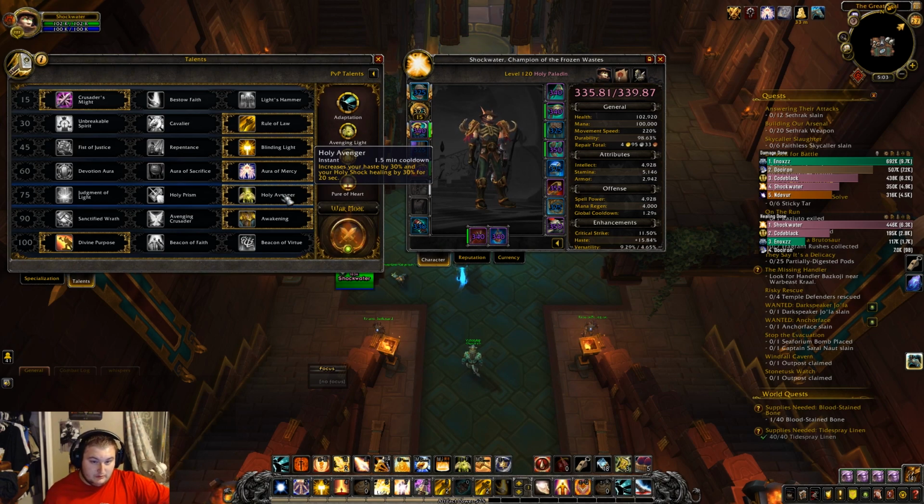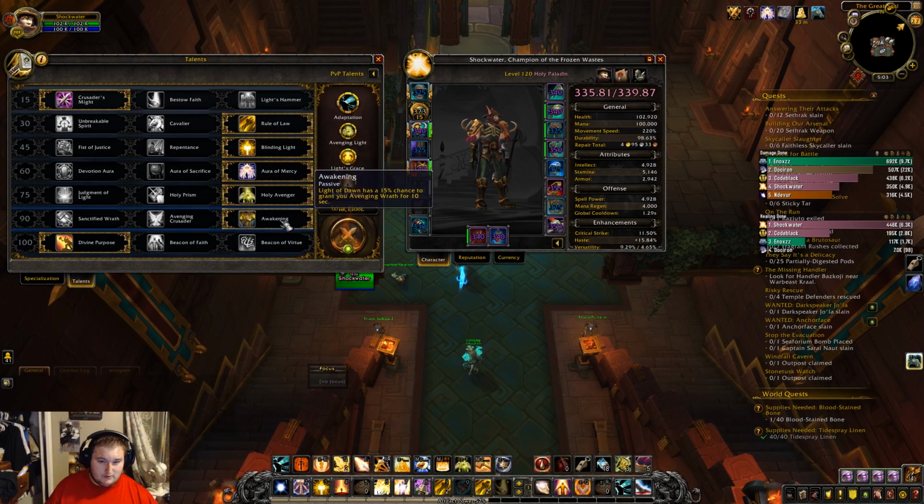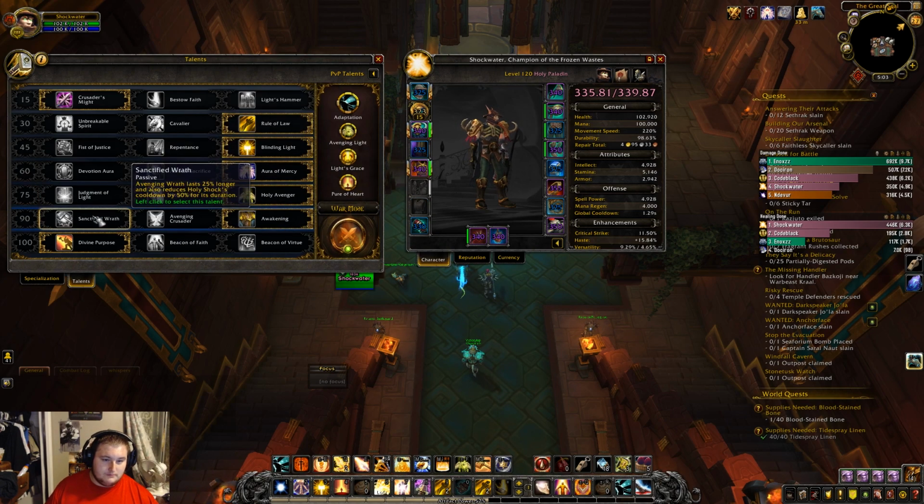And with this build, when you pop Holy Avenger, you're almost certainly going to get free wings because it increases your haste, which means you're casting more Light of Dawns, you're getting more Crusader Strikes off, which gives you more Light of Dawns, you're getting more Divine Purpose Light of Dawns. You pretty much have your wings up 24/7, and it just makes you into a healing god. So, next row,